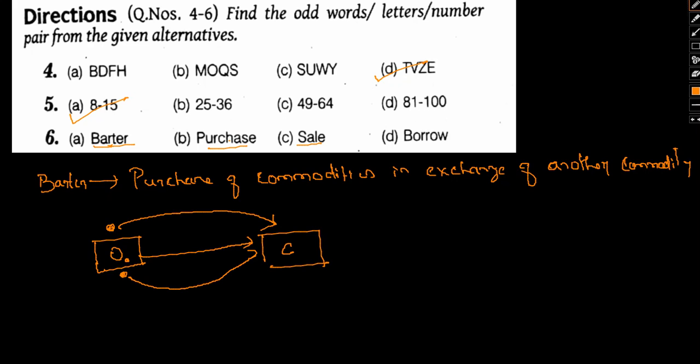But borrow is a different ball game altogether. Borrow means the item is given to the customer under some condition that it will be returned back to the owner itself. Okay, so except for borrow, all the other things, the item essentially later on belongs to the customer only. So here borrow will be the odd one out. So I hope we have gone into details to explain the same. So I hope this is clear to you. So here borrow will be the odd one out.